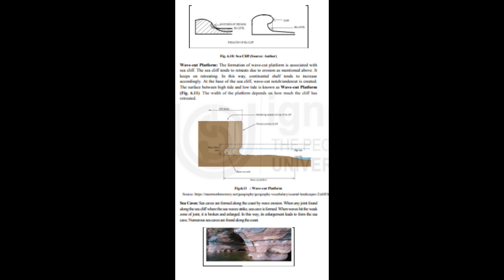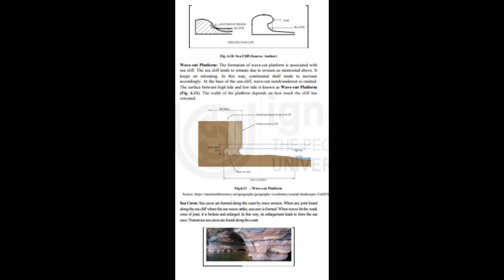6.3 Coastal landscapes. Sea waves play an important role in the development of coastal landscape. Its impact is seen near coastal regions. That's why the landscapes developed on coastal zones are called coastal landscapes. Generally, erosional topographies are developed on the upper part, landside, whereas depositional topographies can be seen in the lower part, towards